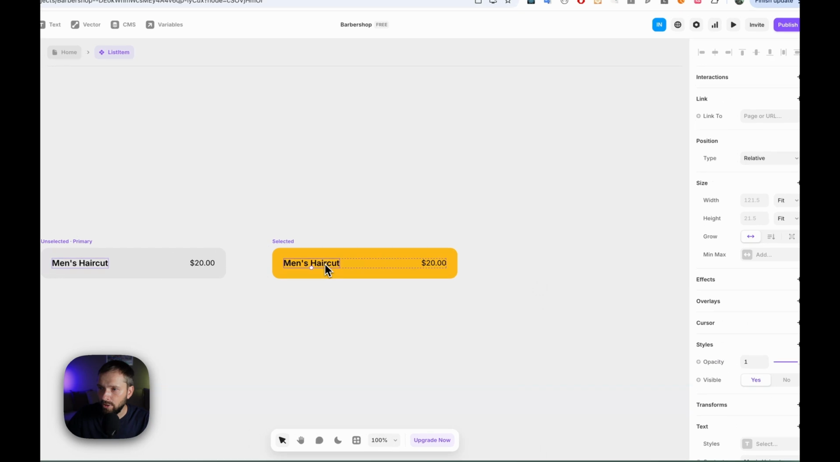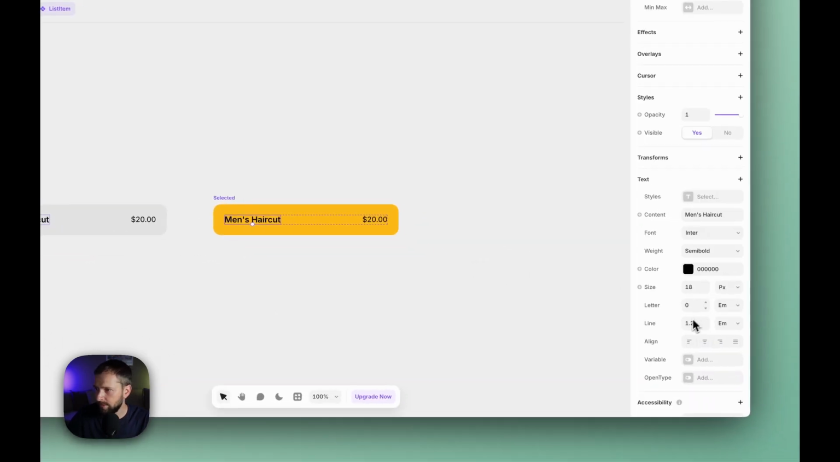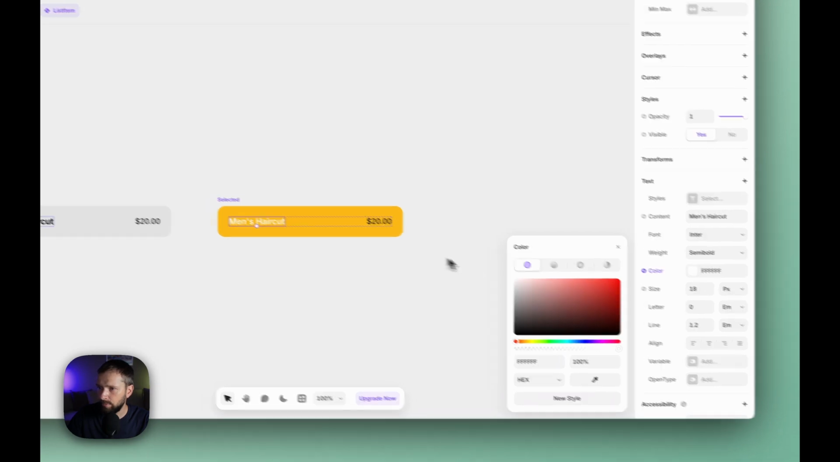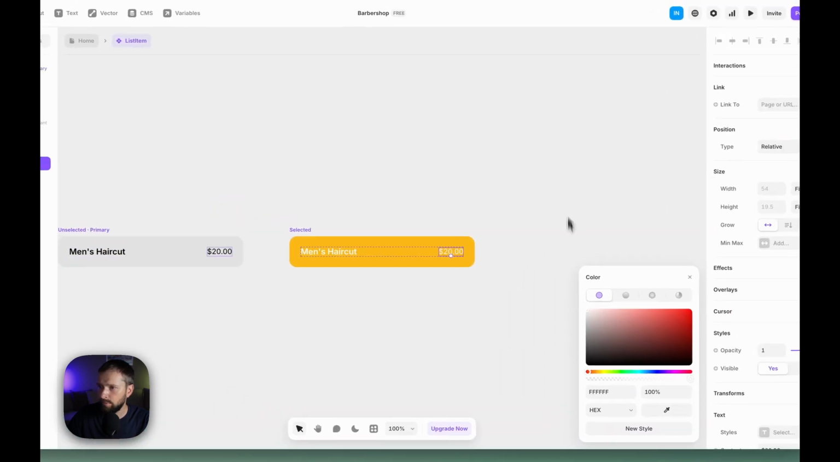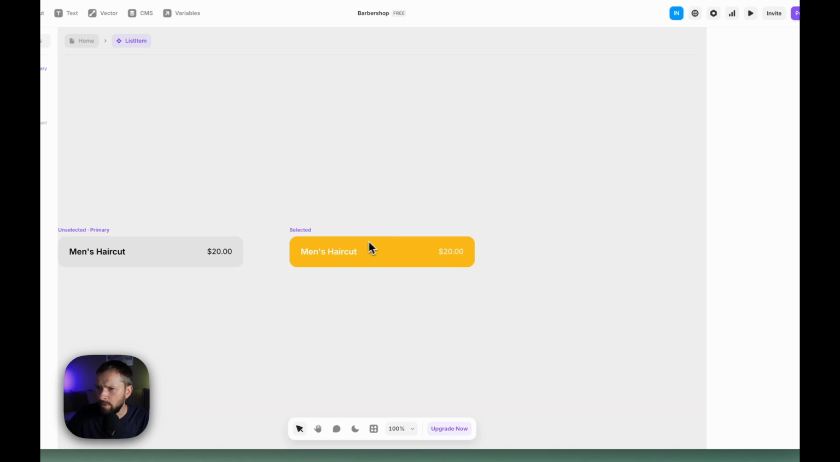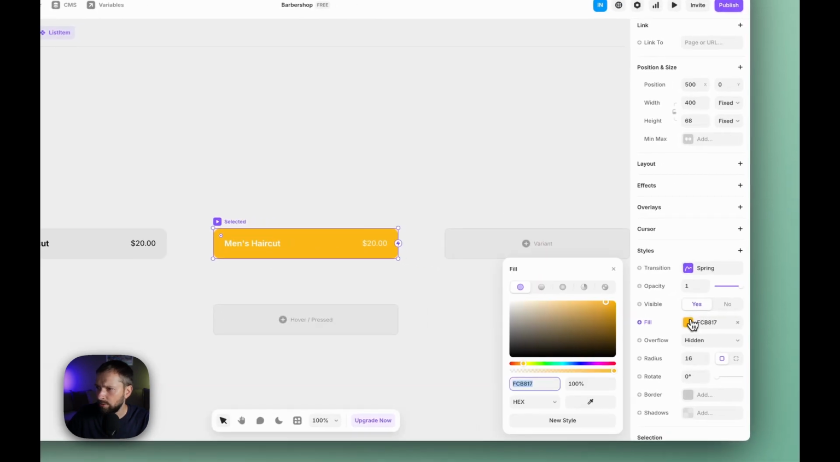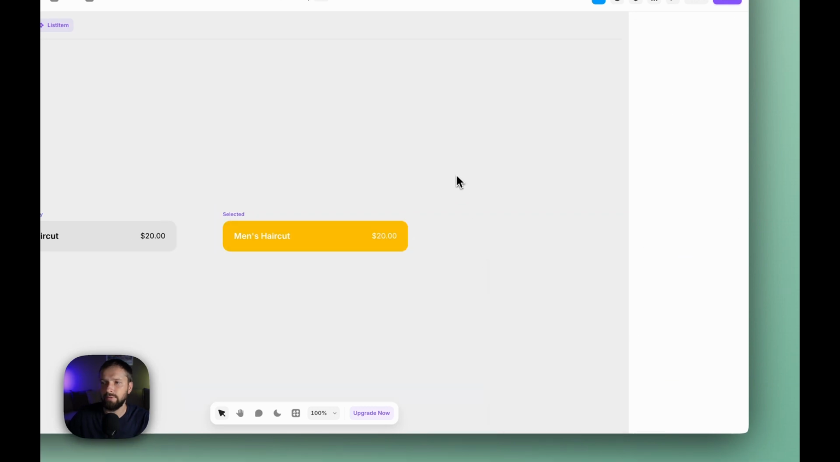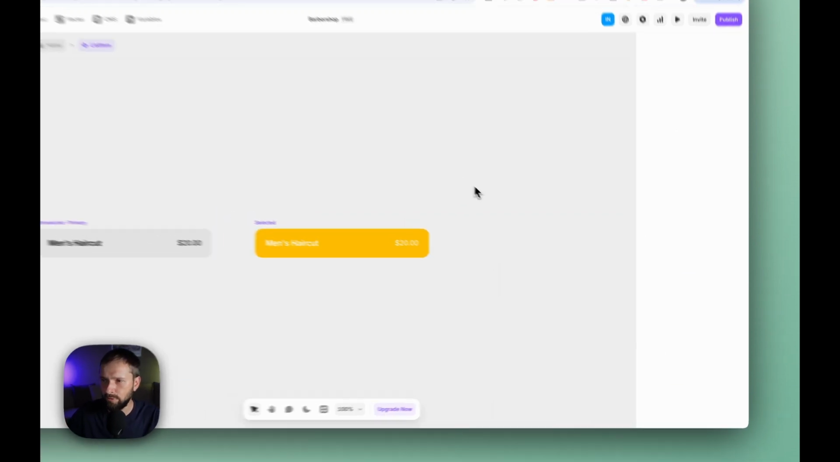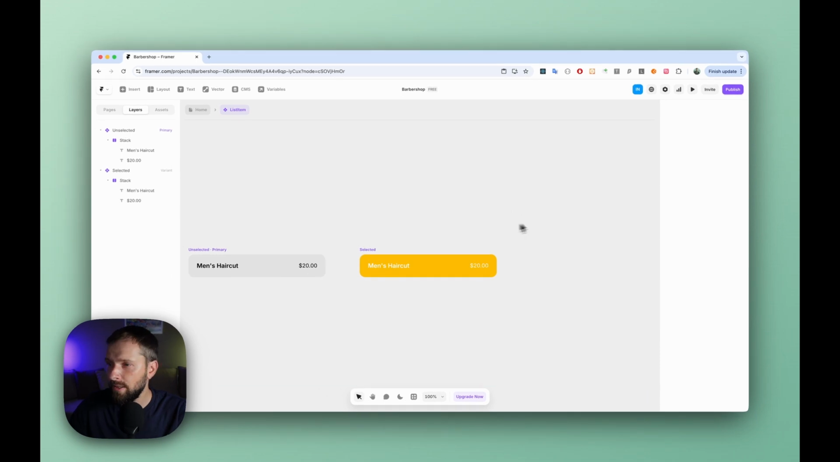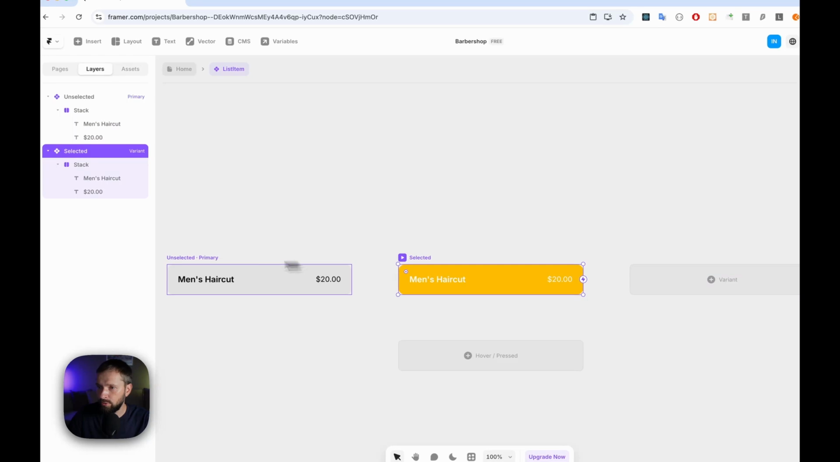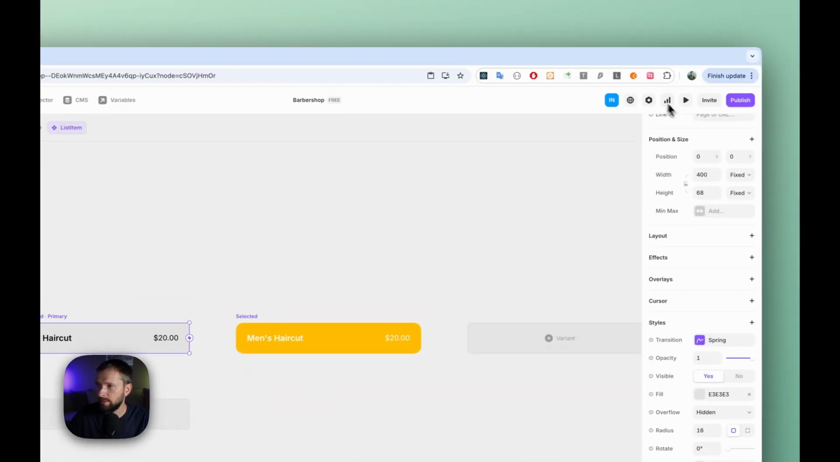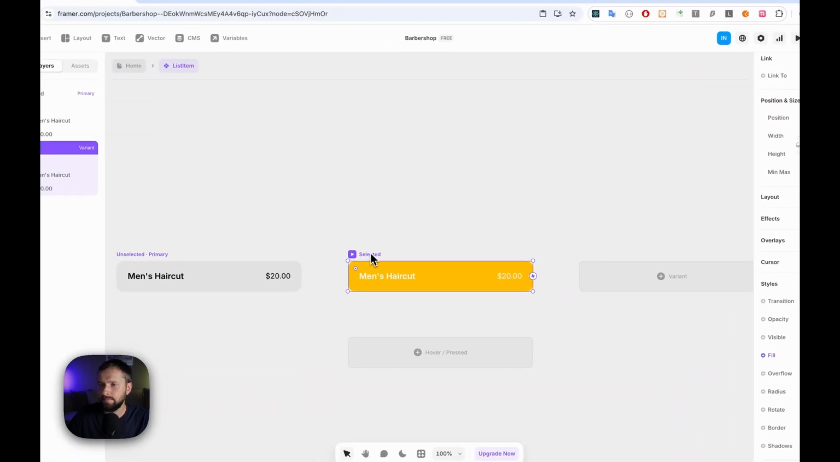And now we can change also the color for our text. Just select the text and change the color, for example, for white, and this one also for white. All right, maybe I would change the orange to make it a little bit darker. Yeah, like that. Now it looks really good. So now just to see that we have two selected states,